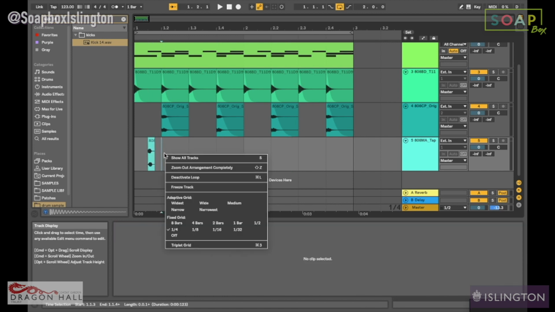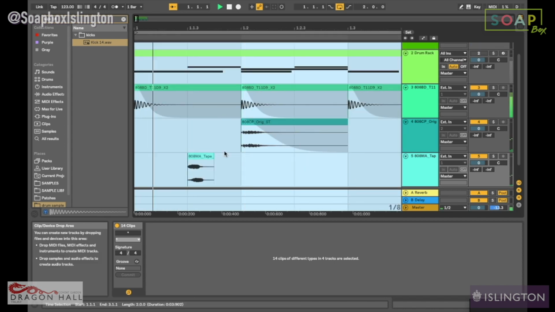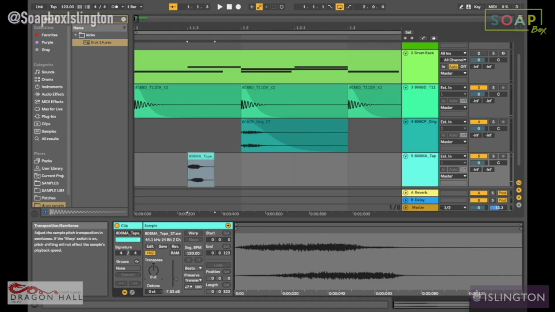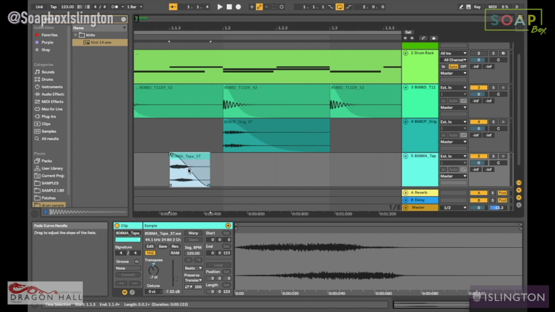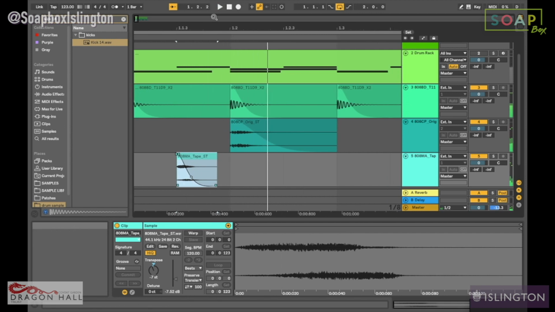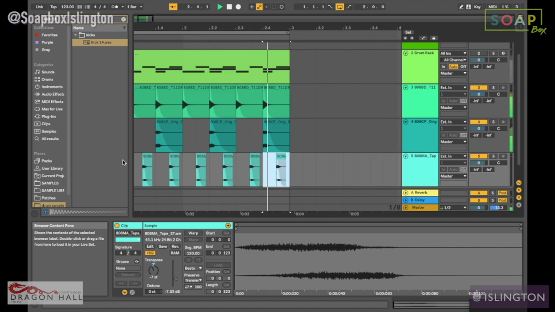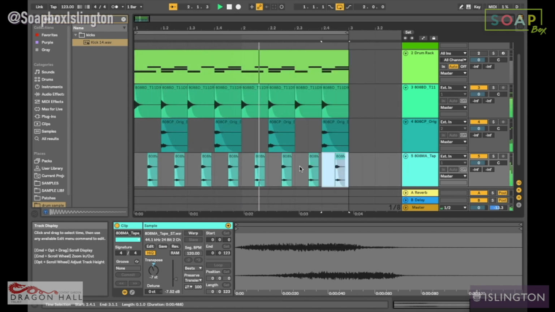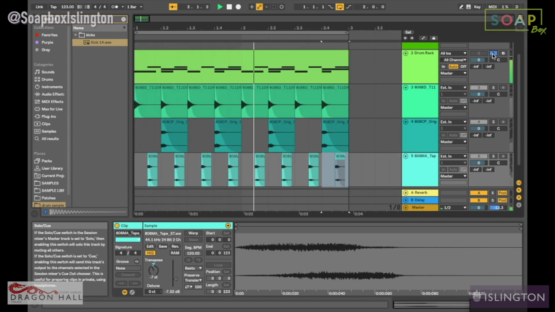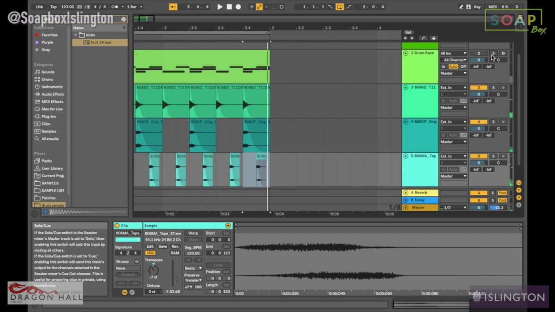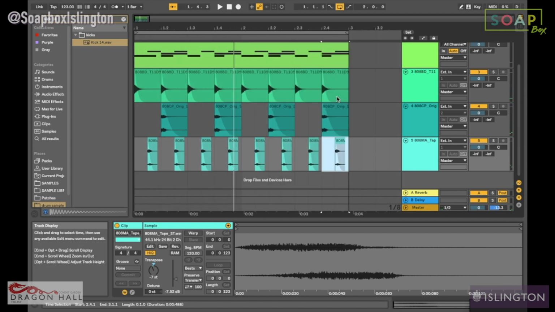So I'm going to change it to 8th note. Maybe pitch it down or something. Maybe make it a bit more snappy as well, just by adding a fade. And yeah, just highlight that space and copy ahead. So let's compare the two. MIDI has way more flexibility,